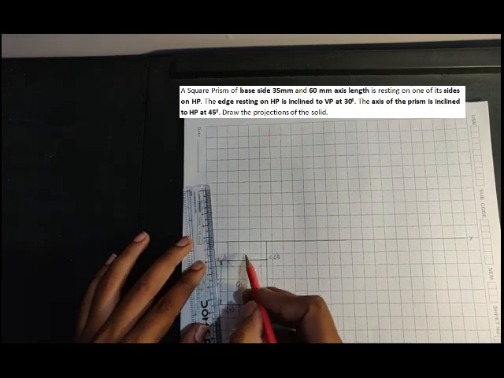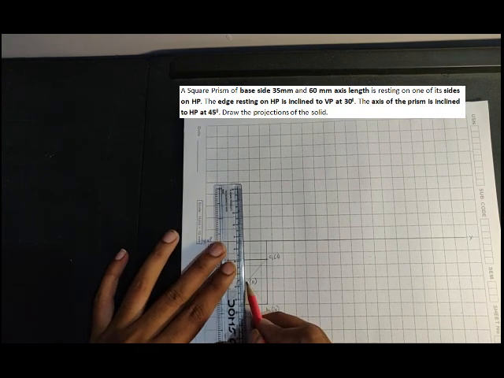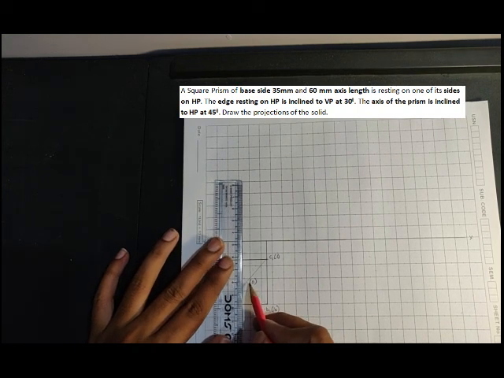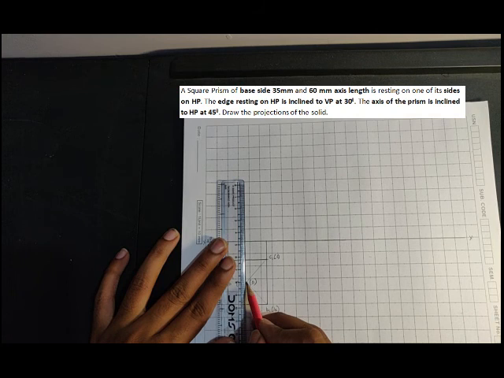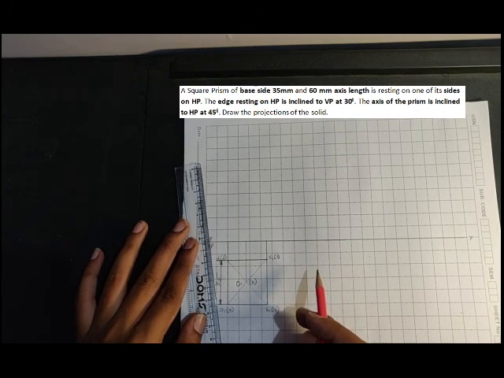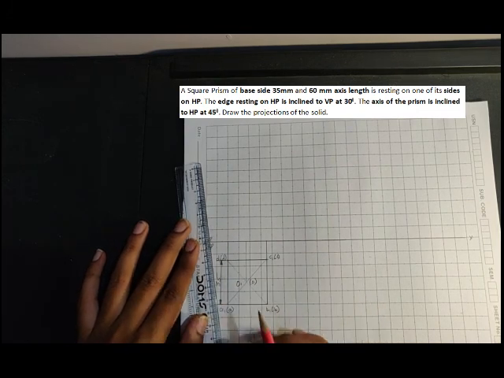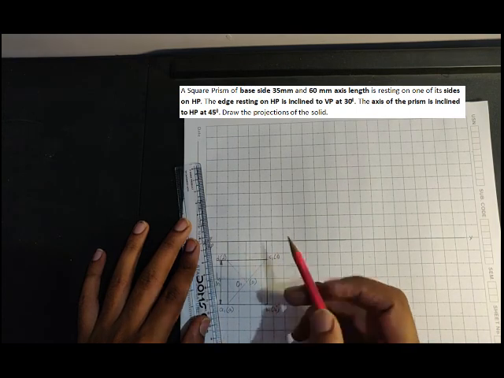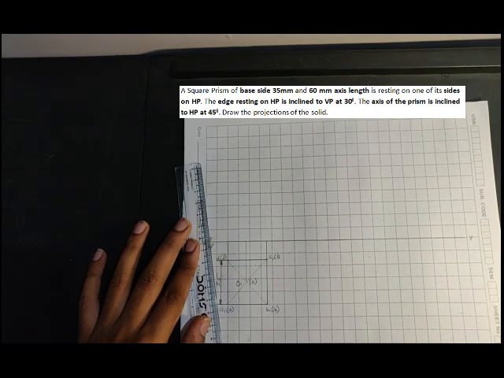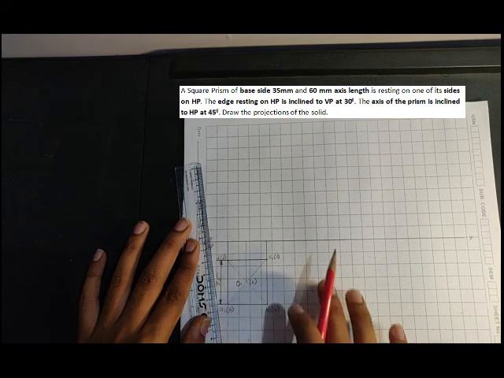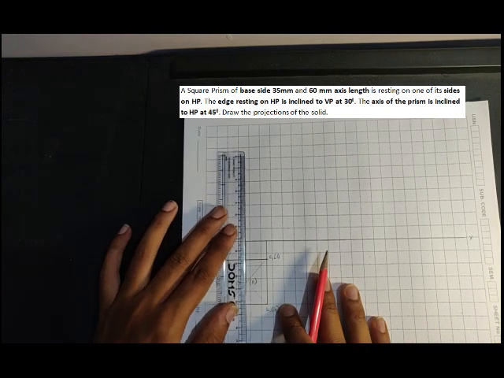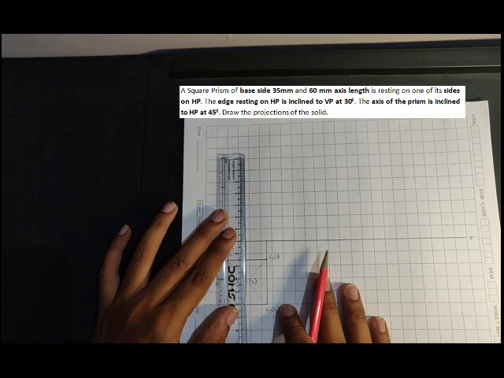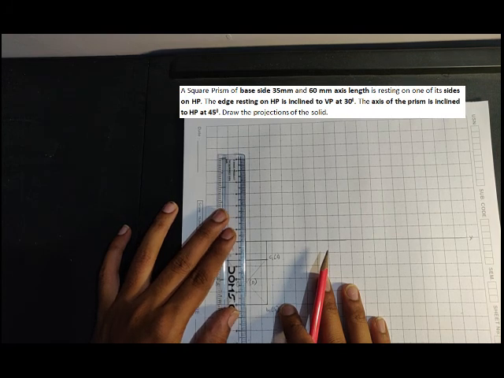So now also from this center project to XY line, a very thin line. These should be a projection line. Okay, right? So this is how you project it to XY line. Now you have to elevate the diagram, right? It's the front view. So what I do is I need to draw the front view here. It says the axis length is 60 mm. So when the axis length is 60 mm, what you need to do is first draw the axis line which is of 60 mm height.